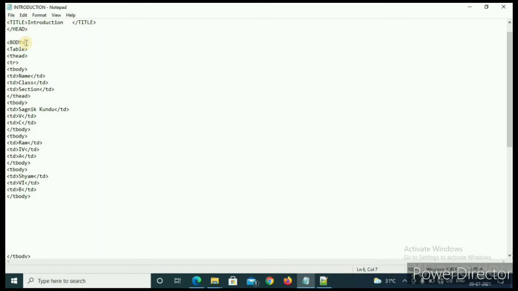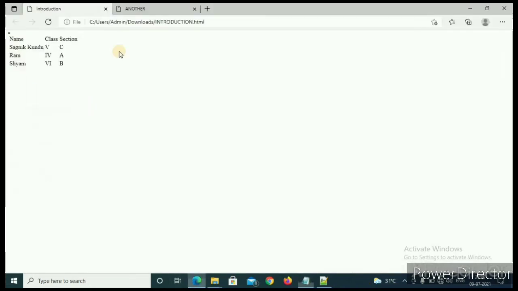Ctrl+C, Ctrl+X, then Ctrl+S to save, and then reload here. Then you can see it's done. So now you can see the table is looking beautiful, and I hope you are thinking about the border, because a table cannot be without a border. So now I have made it.